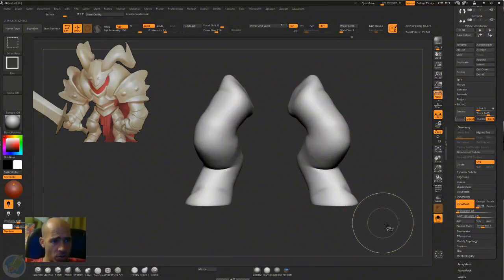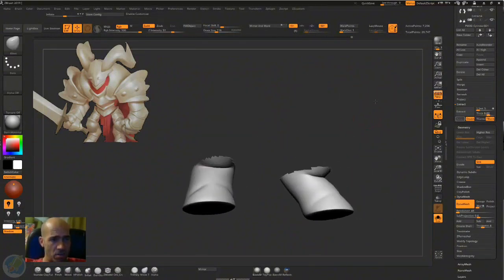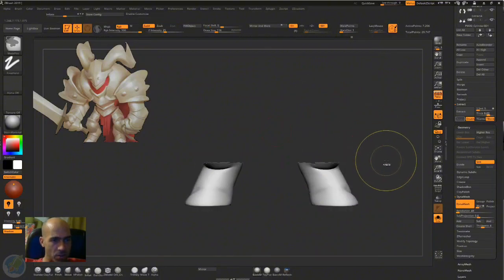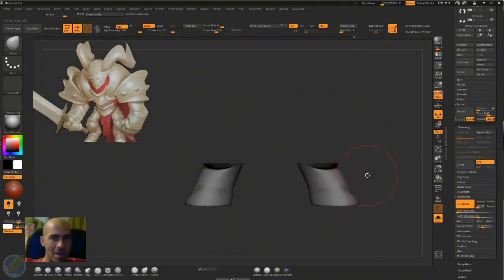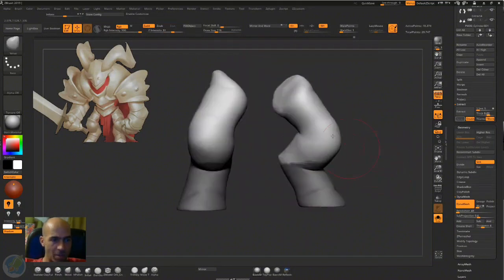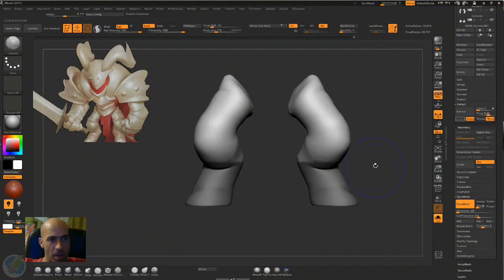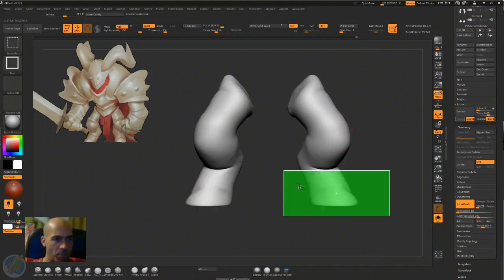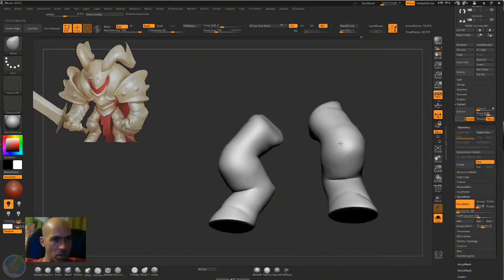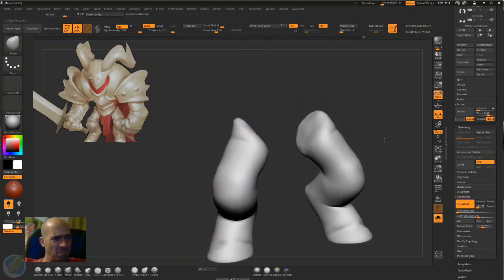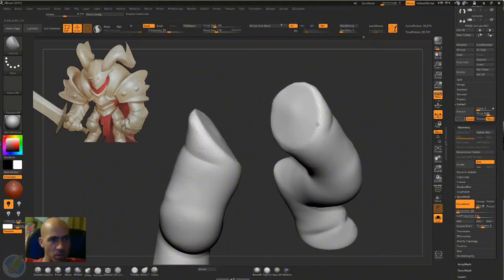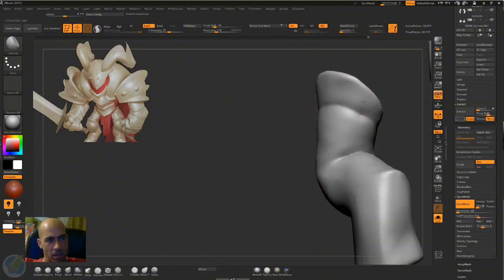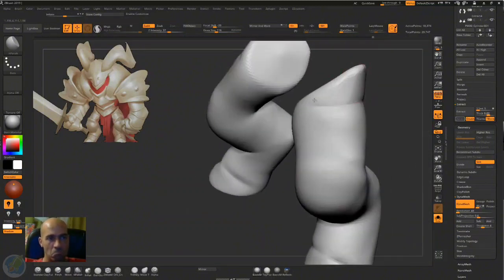For example, if we control shift drag and just hide most of the leg, and then control click to mask everything, we will not be masking the hidden part. So when we control shift click to show everything, we'll see that we have masked only this part. This is sometimes used, a combination of polygrouping, hiding, and showing, to mask certain areas if you want. But yeah, it's a little bit more intermediate usage, although I think I've shown you very well how to